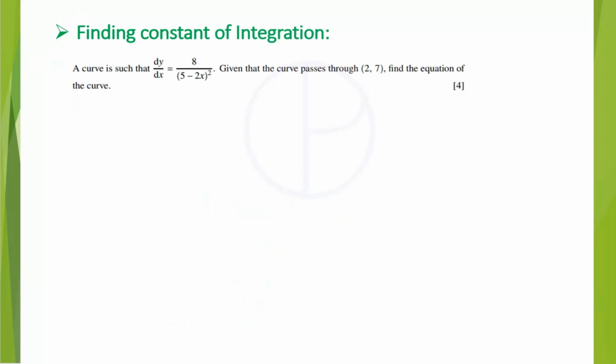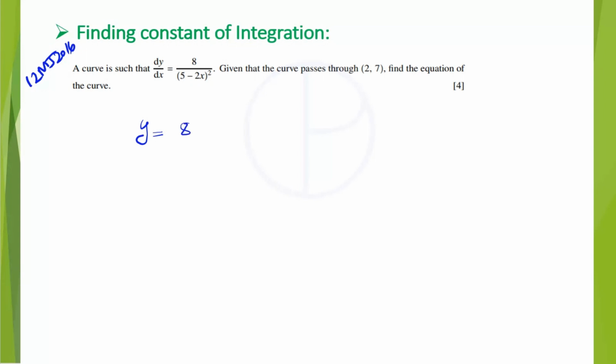So first let us write what is dy by dx, which is 8 divided by (5 minus 2x) the whole square. And this one is from the paper 12 MJ 2016. So now integrate this one, you will get y is equal to